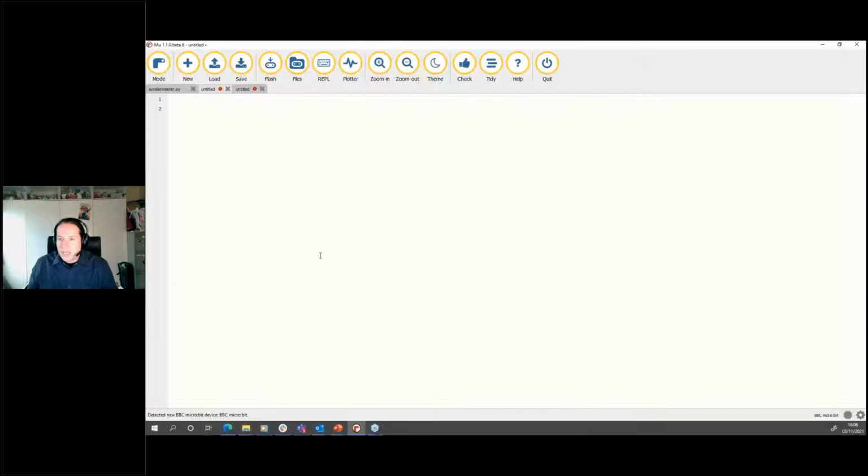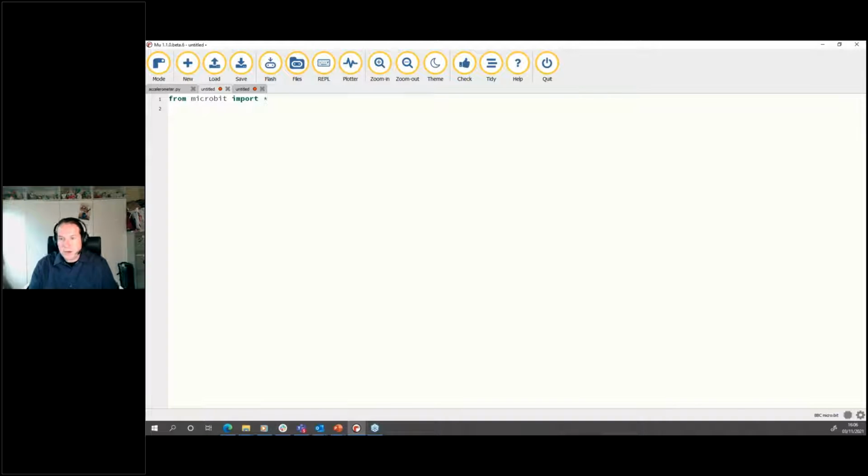And then here is my Mu programming environment. So I'm just going to type some code in here, and we're going to get the microbit to actually say hello to us. So the first thing that we want to do is we want to